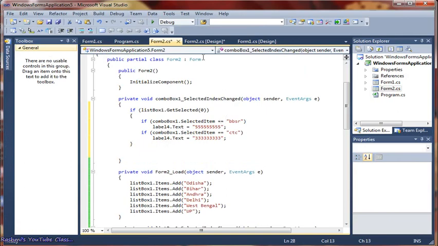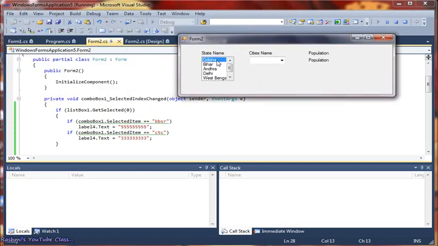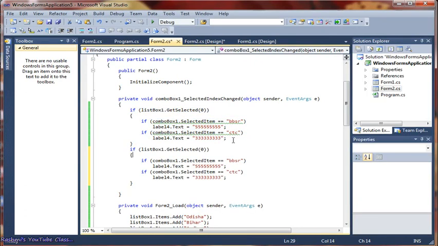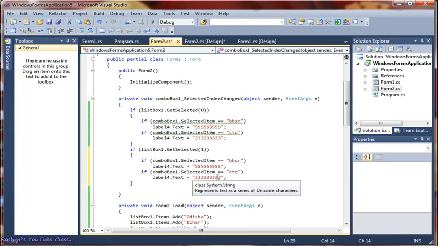So let's check first whether it is working properly or not. Running the program. Let's check Odisha, Cuttack. See, the value is changing. BBSR, the value is changing. It means it is working fine. It is working properly. Now we have to do it for the next state. So I have to copy this and paste it here. So now we have to write 1. So this 0 stands for what, students? Odisha. 1 stands for what?